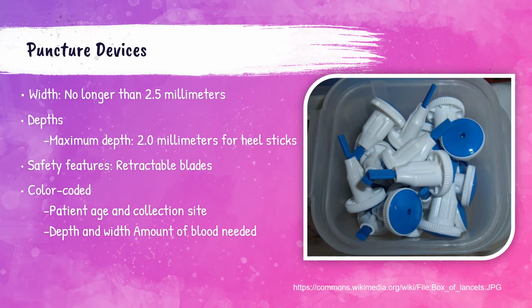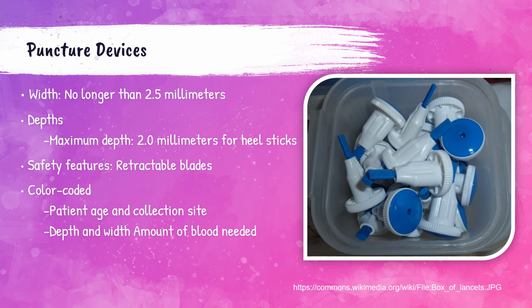The width of the puncture should not exceed 2.5 millimeters, and the maximum depth is 2 millimeters for heel sticks. If an infant is premature, a smaller depth should be used. The devices are color-coded to designate the depth of the needle. The automated devices will retract the blade into the device, but they must still be placed in a sharps container